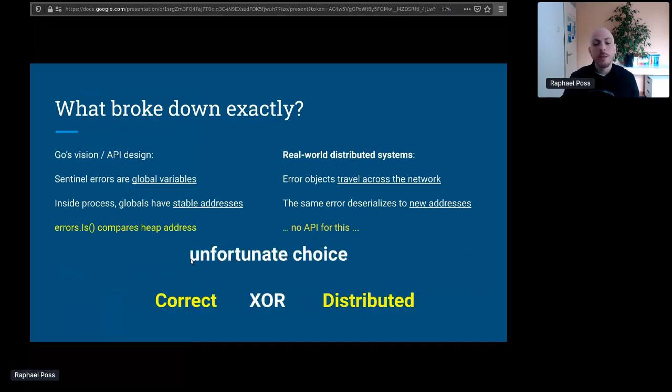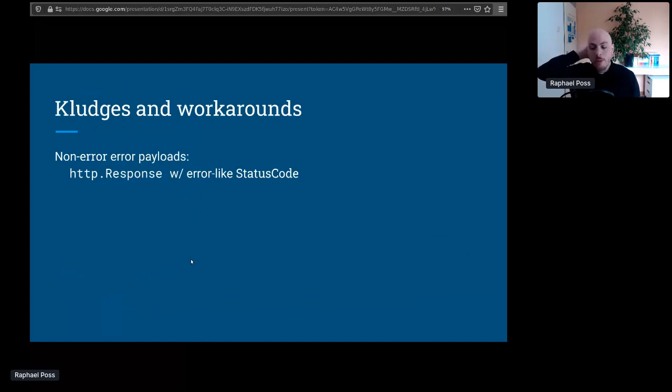So in summary, I have to choose between making my code correct with regards to error handling or distributed. And apparently, according to the natural API definition, I cannot have both. That is very unfortunate. So what you see throughout this library for things that are inherently networked, where people care about this, is that they do things. For example, you will see standard objects in the libraries that have responses to network queries, where there is a response object that is not an error object and contains a payload that describes the particulars of the errors on the other side in a way that is structured, so that is safe. But we lose the error API by doing responses.